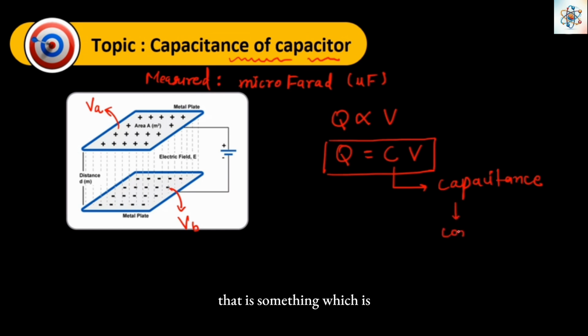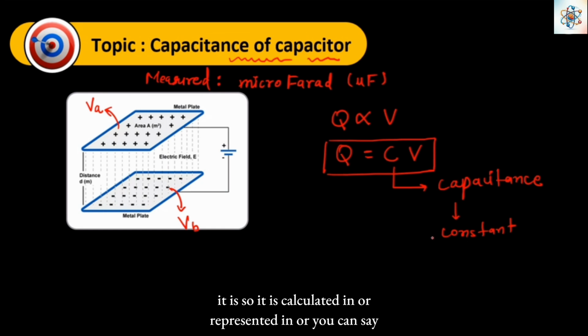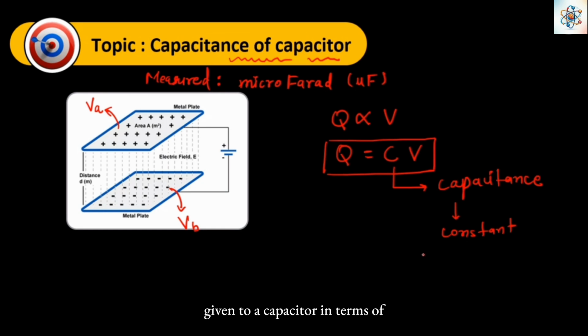That is something which is constant, a proportionality constant. It is given to a capacitor in terms of farad, which is the unit of it. So this farad, or F,